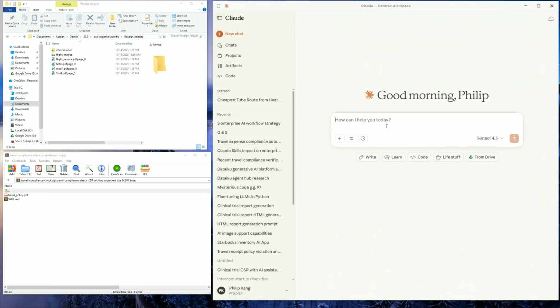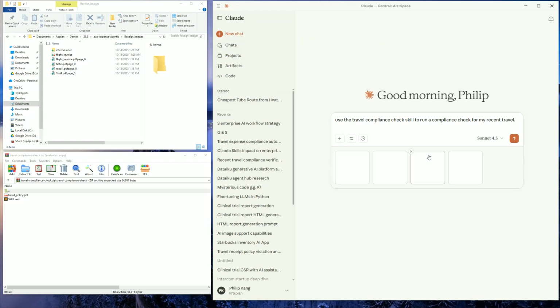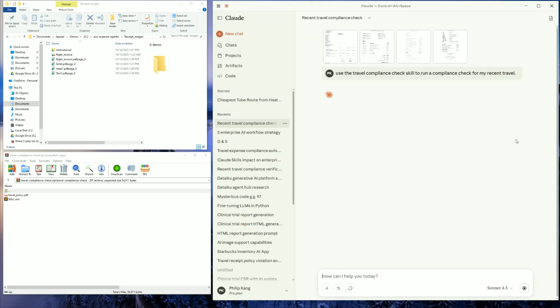Okay, so here I say, use these skills to run a compliance check for my recent travel. And then next I need to upload a bunch of my receipts. I have 4 receipts as images shot using my camera, and I'm going to send them to these skills and say, okay, run it. Now let's wait and see how it